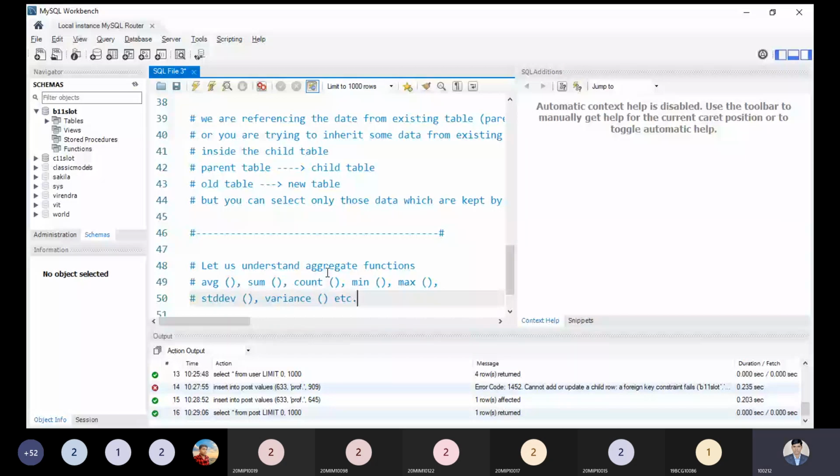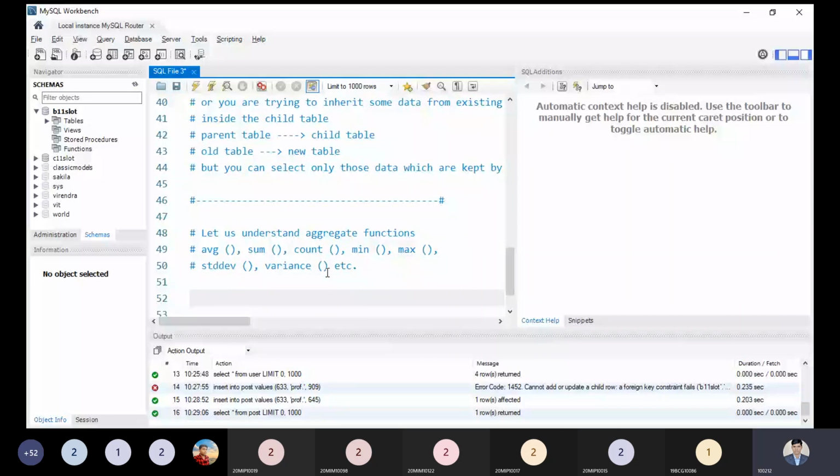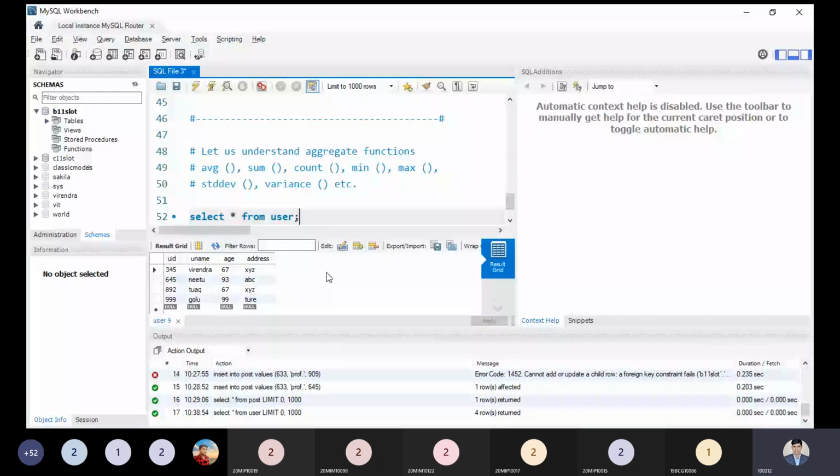Talking about my relation, I am using the data from the user table. In this case you can see we have only four different records. Instead of that, let me add some more data for betterment. I am copying these values and making some amendments to the data.